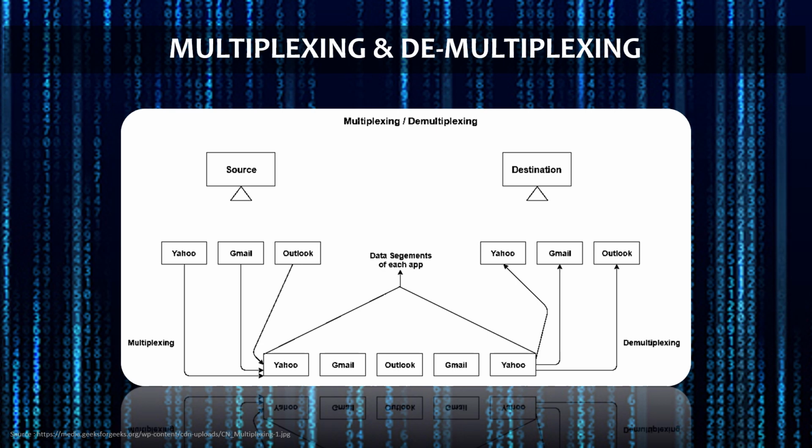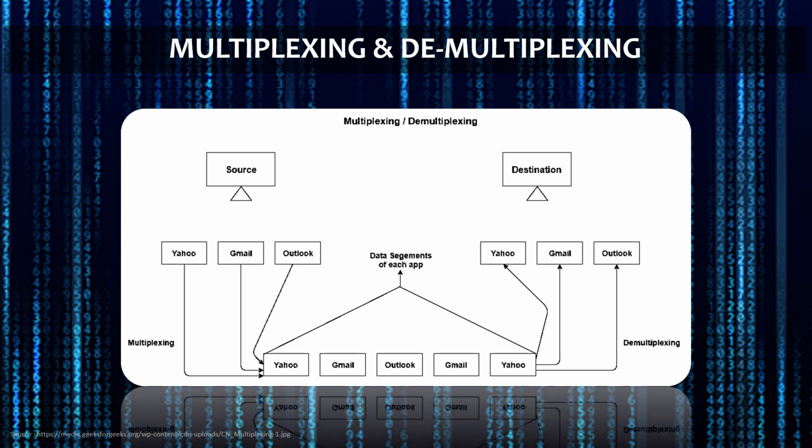Now let's see the actual definition of multiplexing. Multiplexing is nothing but gathering data from multiple application processes of the sender and enveloping them, meaning all the data, with a header and sending them as a whole to the intended receiver. This process is called multiplexing, and demultiplexing means delivering received segments at the receiver side to the correct application layer. So it's a very easy concept: multiplexing means many to one, and demultiplexing means one to many.